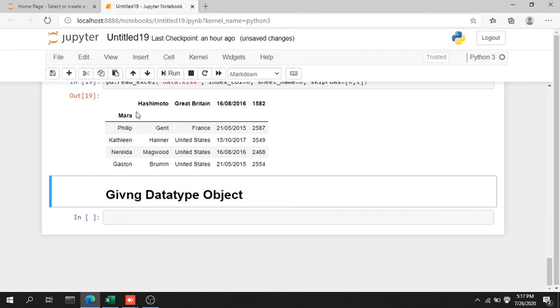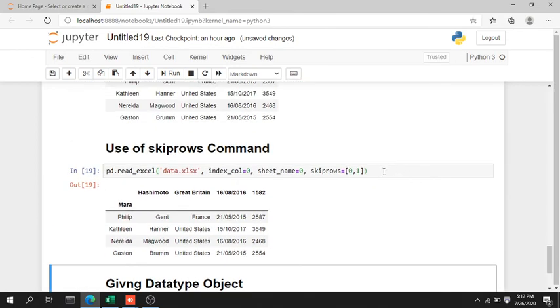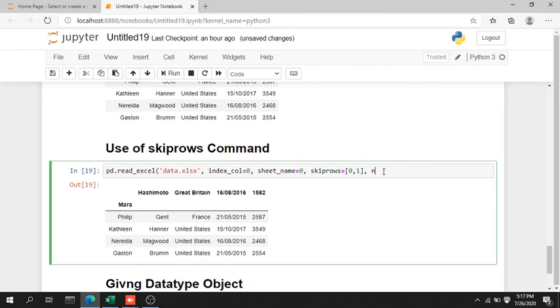It is that it has given the header to the above row, like it has given the header to the first row, but obviously we don't want this. It is not right. That's why we have to give it the names again. That is basically names equals to, as I've told you earlier, we can give names of our own choice.